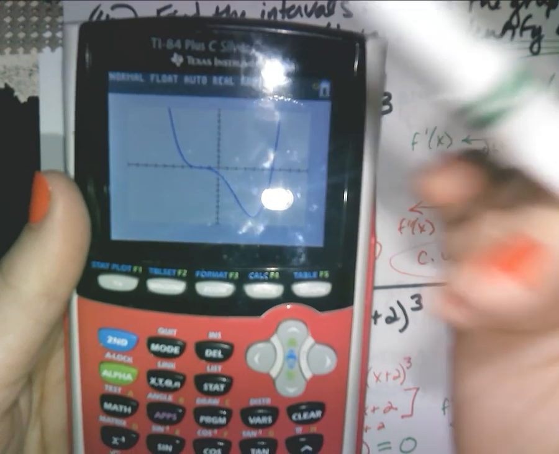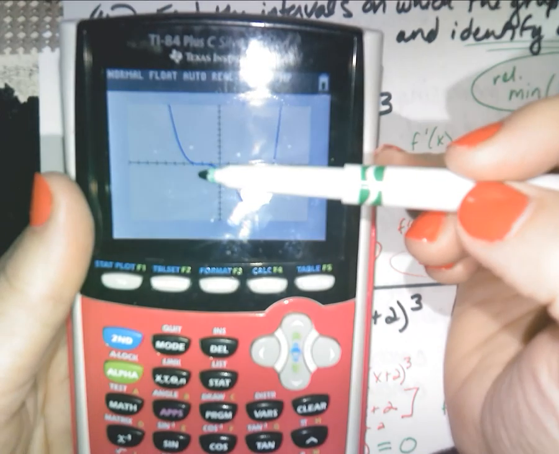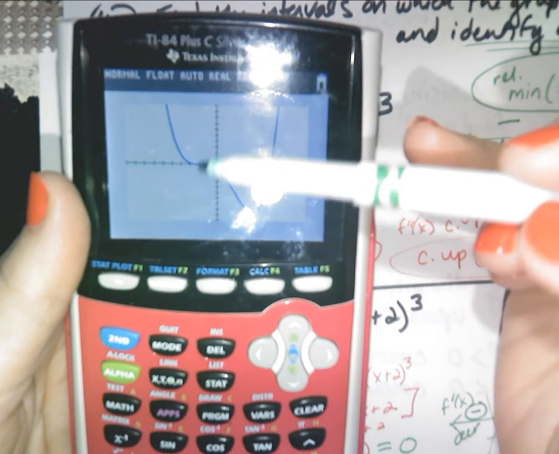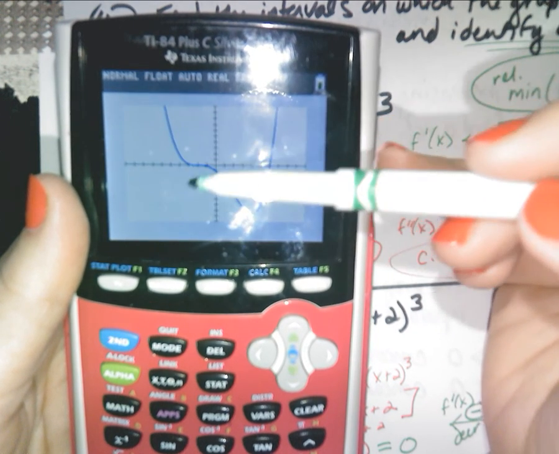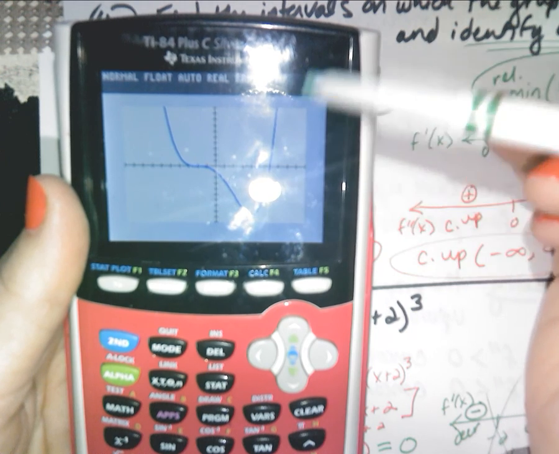That looks great. Okay, look. See that point of inflection right there at -2, 0? So it's concaving up, then it concaves down, and then it concaves up. And that's